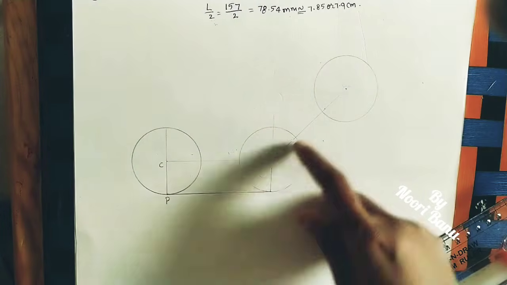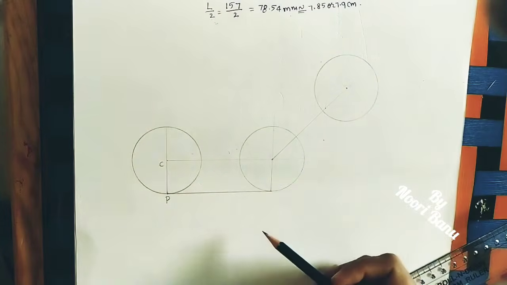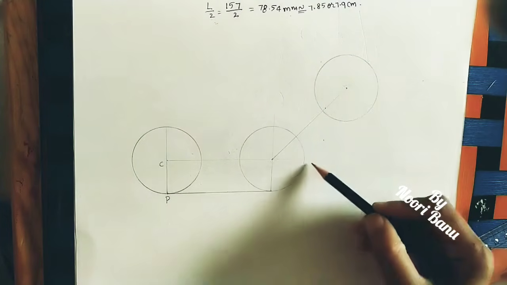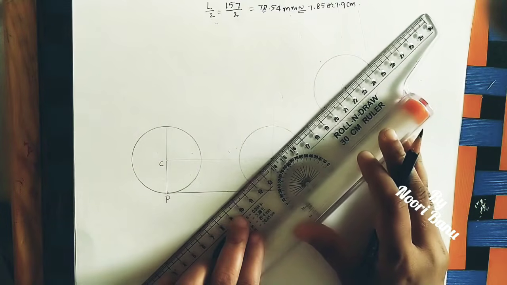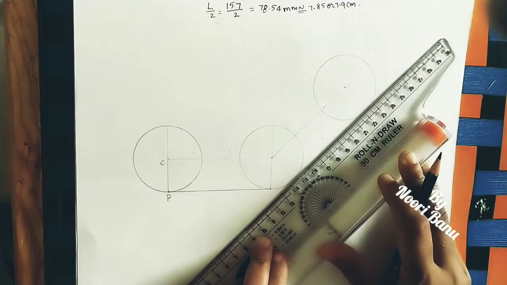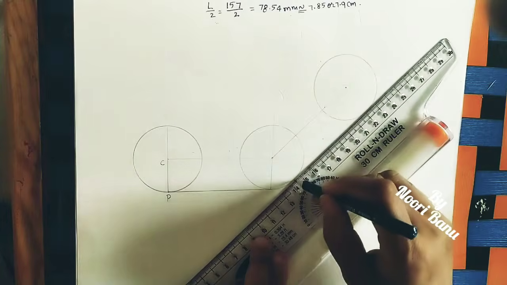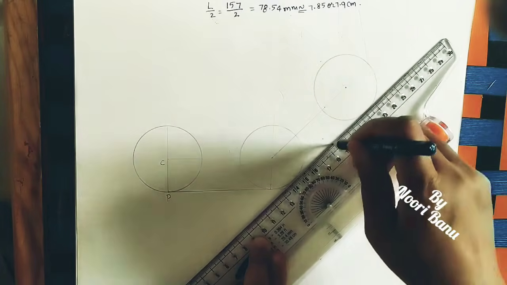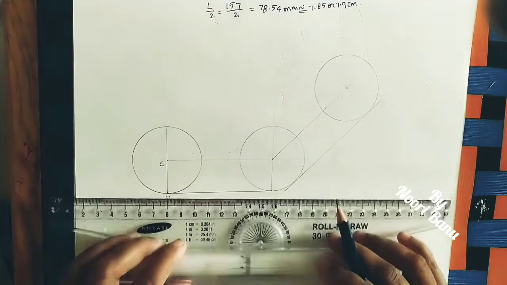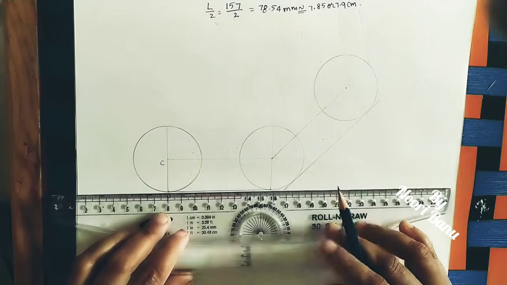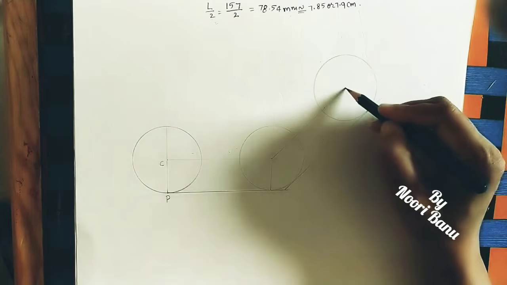It is moving horizontally, and again it is tilting 45 degrees. After getting this circle, here also draw the path on which this circle is rolling, like the horizontal surface we did here. Here the path is tilting 45 degrees. For getting the parallel line, take this 45 degrees line as the reference line. Move the scale in the downward direction. Here draw the path which is touching these two circles, like this. Extend this line. Also take the intersection point of this line and this circle, and join C to this point.